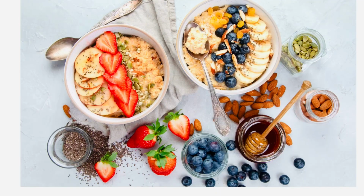The first fibroid healing breakfast on the list is enriched oatmeal. Oatmeal is one of the best sources of slow-releasing energy that can sustain you all morning. I love this simple breakfast because it is rich in fiber, which means if you eat it 3 to 4 times per week, you reduce the likelihood of severe constipation and hormonal imbalance that may cause fibroids to develop or